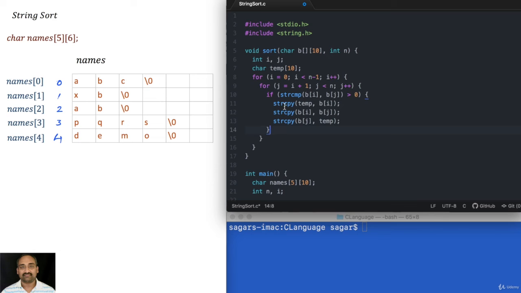We used the functions string copy and string compare, and we translated the existing sort function to operate on a double dimensional character array, which is capable of holding strings. The rest of the things will remain the same.